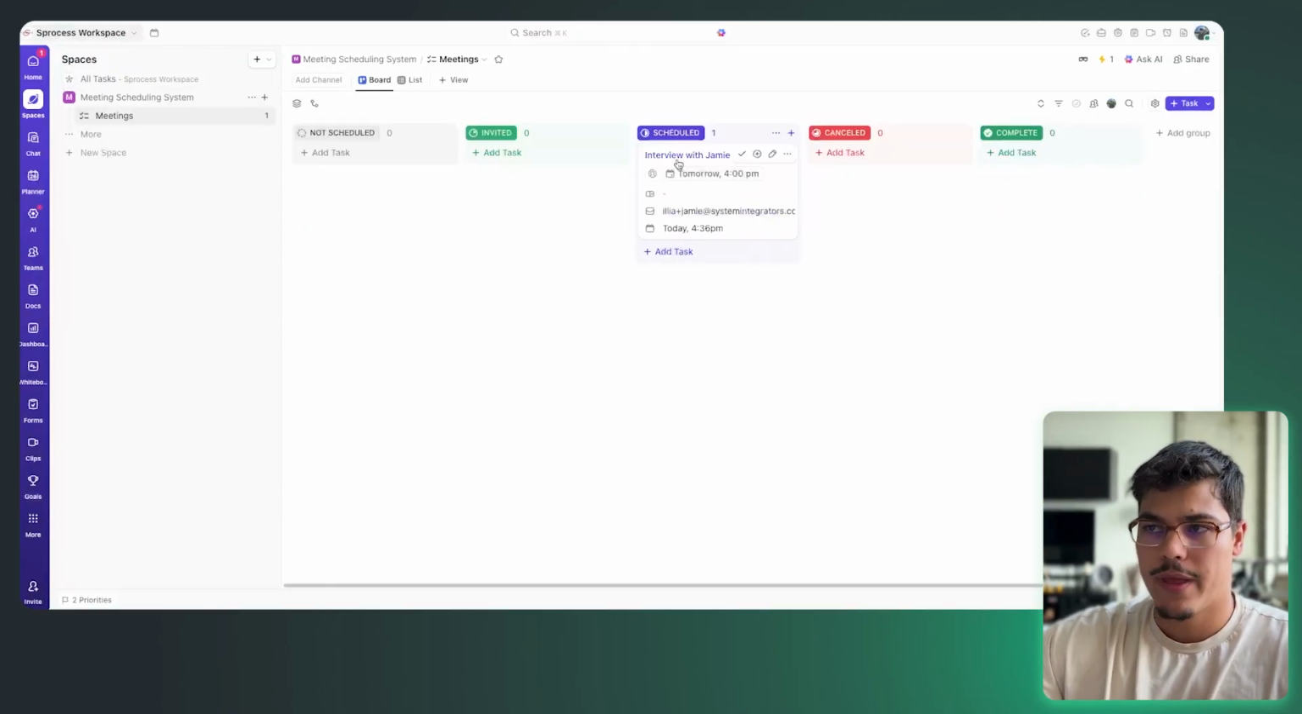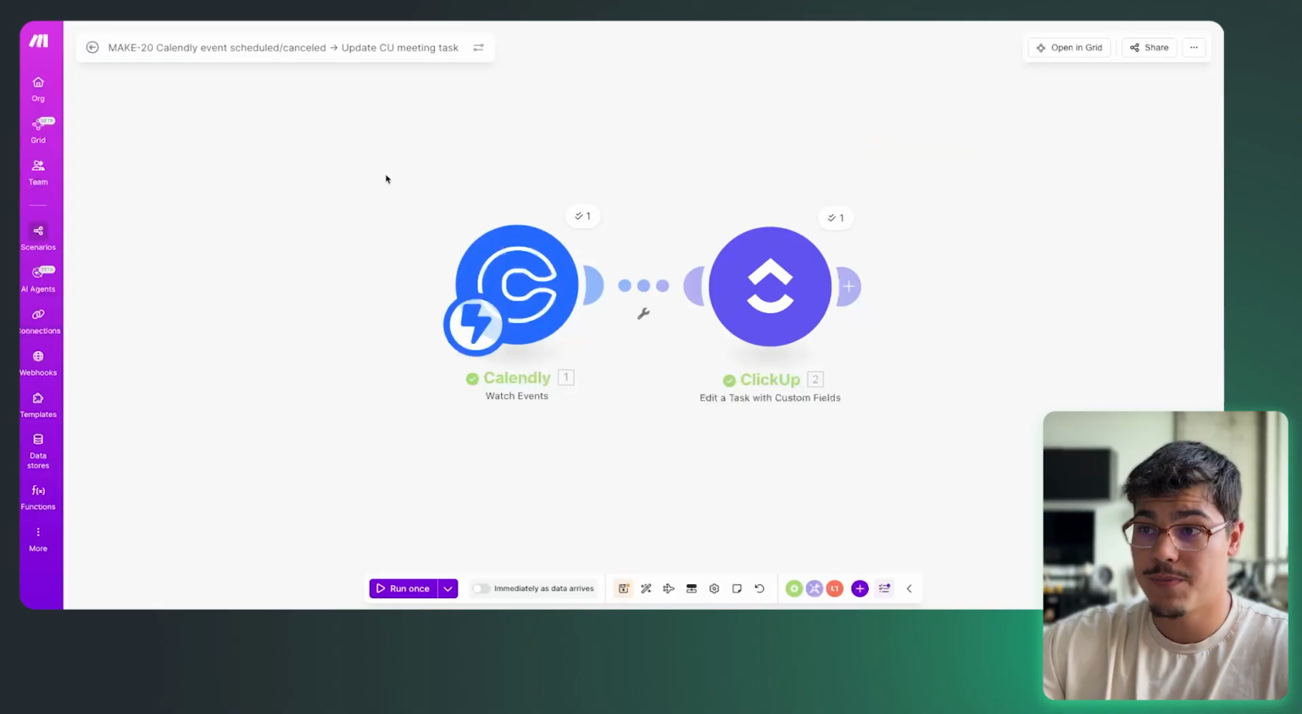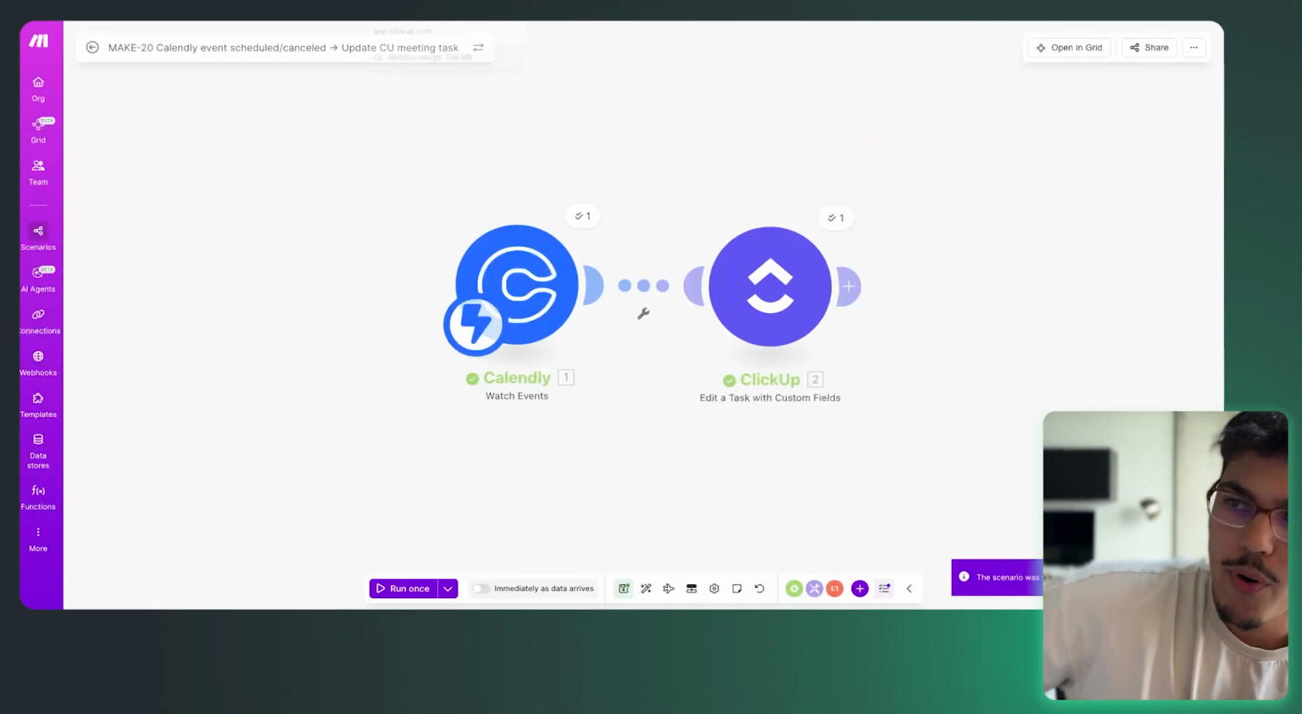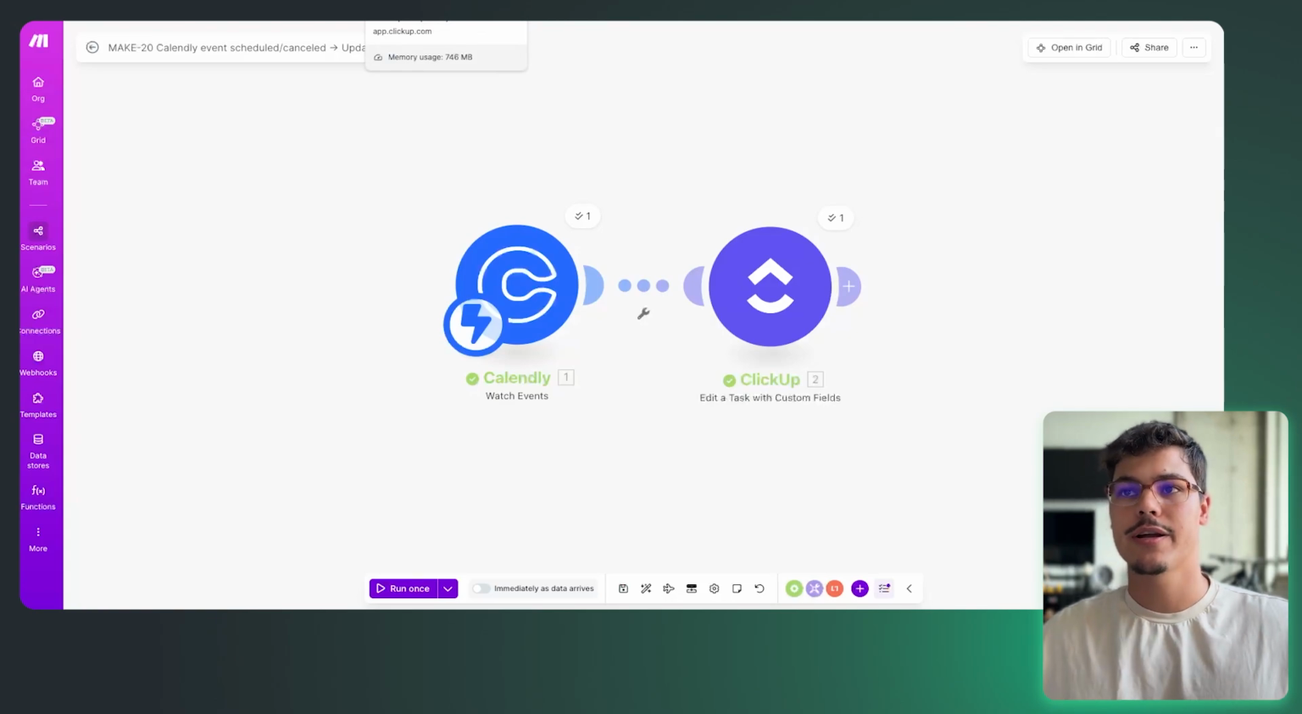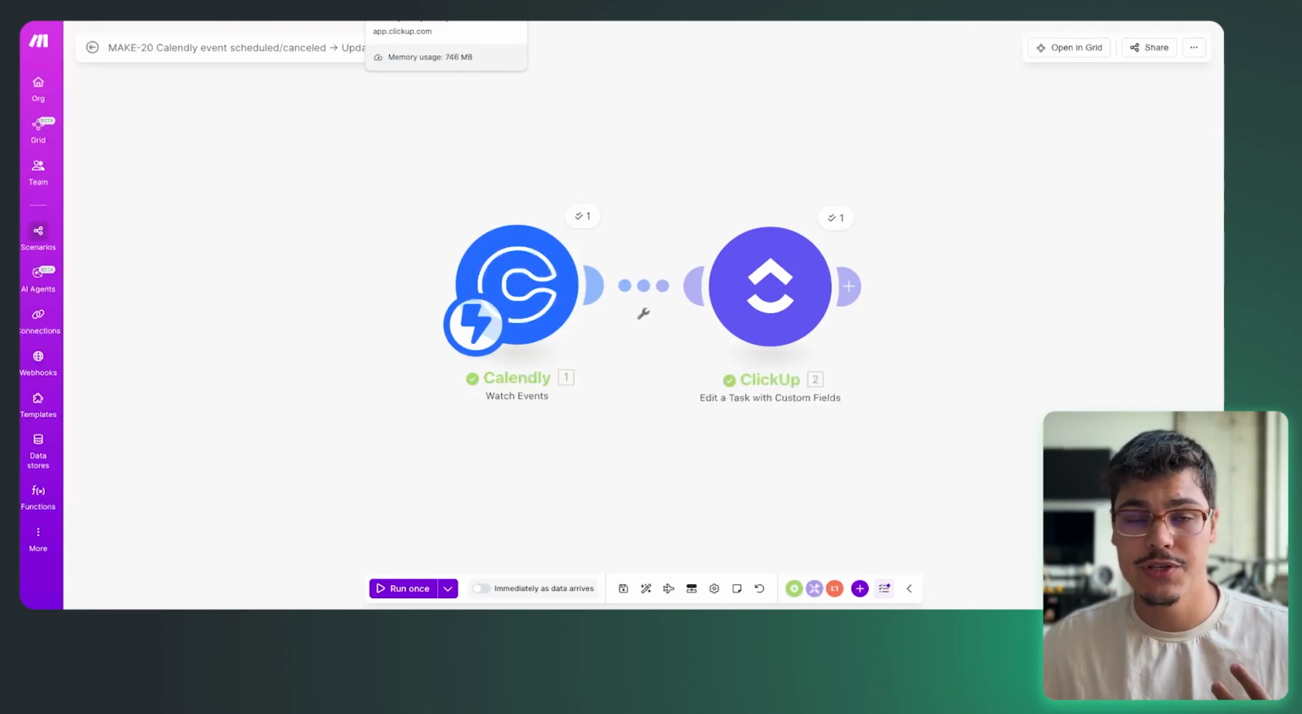Perfect. Now, again, this works. So this is basically ready to go. I'm going to save this. The additional piece and the additional component that we want to add here is, what if someone cancels the invite,